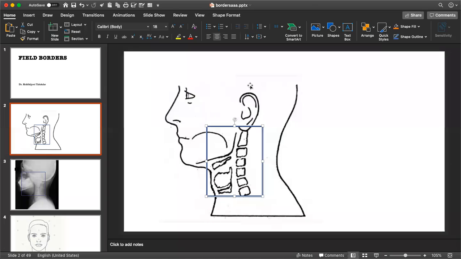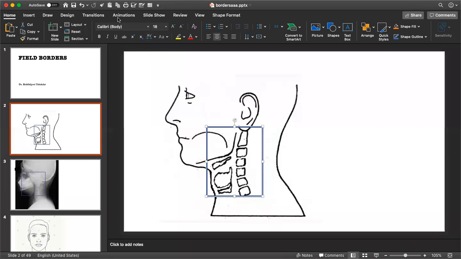In oropharynx, most of the time the patient would be sitting. So whatever you said is more of the X-ray based portals and landmarks. If the patient is sitting and they ask you for the surface marking, it's a little different. Superiorly, your border is the line along the ala of the nose to the tragus. This corresponds to, like Dr. Reddy just mentioned, the region just beyond the hard palate.